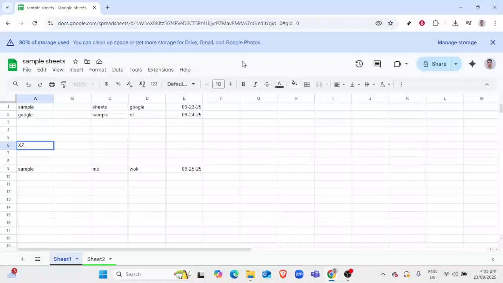In today's video, I'm going to teach you how to separate first and last names in Google Sheets in just 3 clicks. This quick and easy method is perfect for anyone looking to streamline their data organization in minutes. Whether you're managing a contact list or setting up a spreadsheet for marketing purposes, this technique will save you both